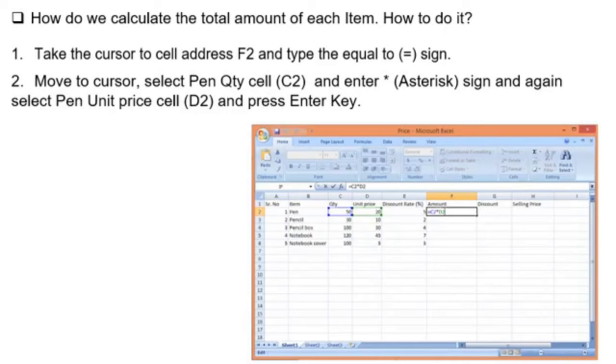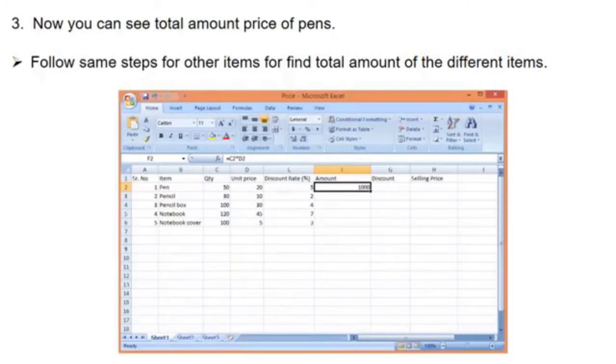Move the cursor, select the pen quantity cell, that is the C2 cell, and enter the asterisk sign, and again select the pen unit price cell, that is the D2 cell, and press the enter key. Now you can see the total amount price of pens. Follow the same steps for the other items to find the total amount of the different items.